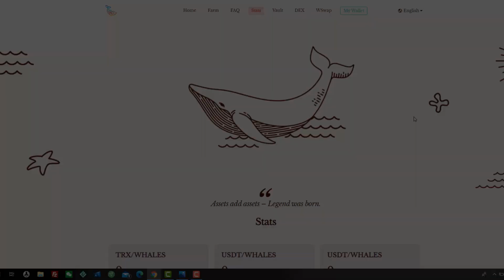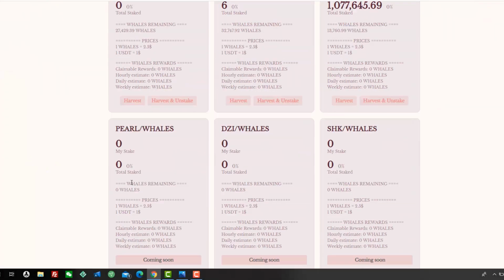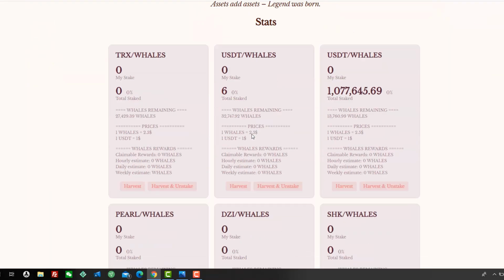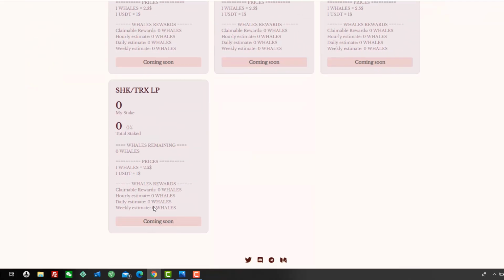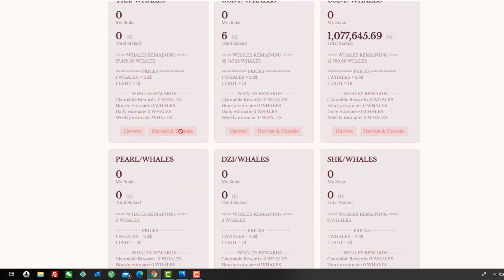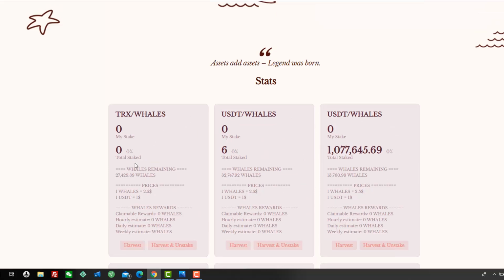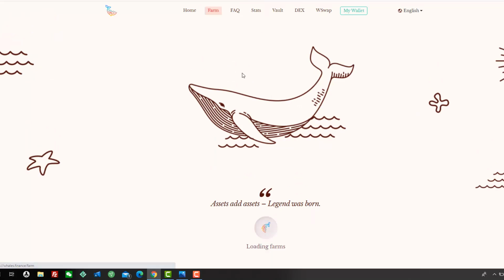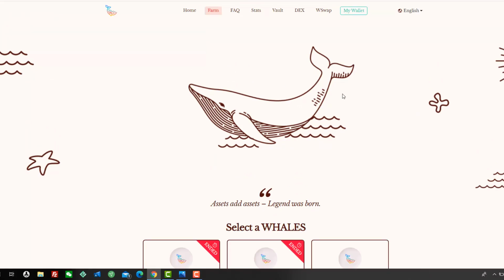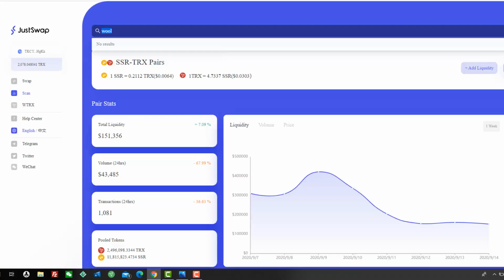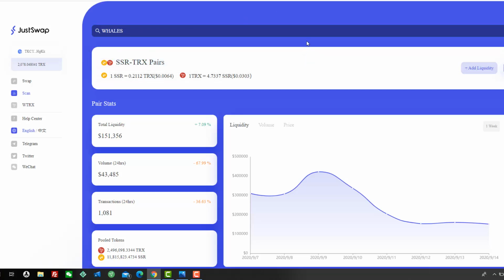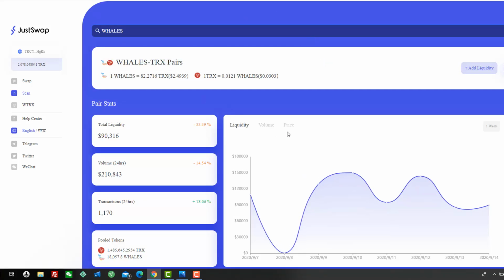It's dying. So this other one here, this whale finance, but this site doesn't look like it's doing anything. It's just sitting there doing not much. Coming soon, harvest, unstake. Doesn't seem like there's anything happening on this site. Let's go to farming. This one here, I have no clue what is happening with this one. Just looks like nothing's happening on the site. Let's go and have a look at the liquidity. You better tell us straight away what's going on.